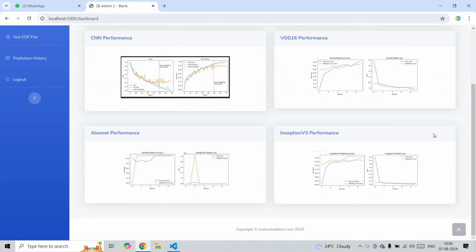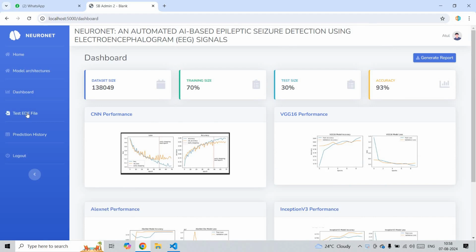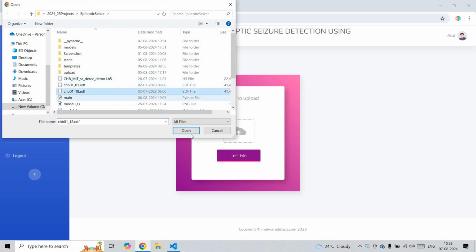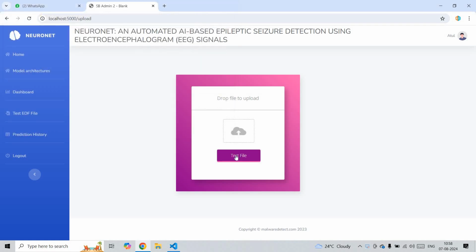Accuracy and loss curves page, visual representations of how well each model is performing. Upload EDF file page. Users can upload brainwave data files, EDF files, for analysis. Prediction page. Once the data is uploaded, all algorithms will process it and highlight the points where a seizure is